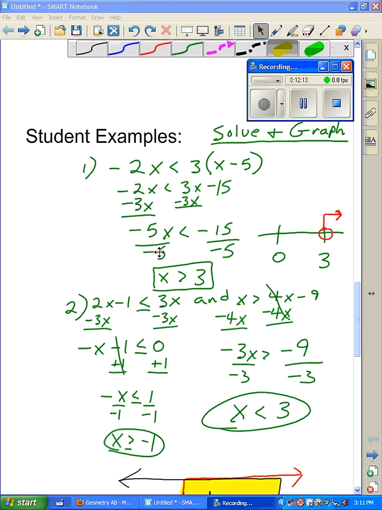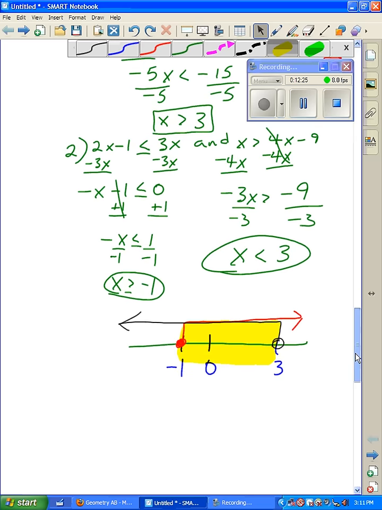When you multiply or divide by a negative number, you flip the inequality. That's a rule y'all went over in Algebra 1. Just wanted to see if y'all remembered it. The graph part's easy. Open dot at 3, graphs to the right. Then I had an AND problem for y'all,